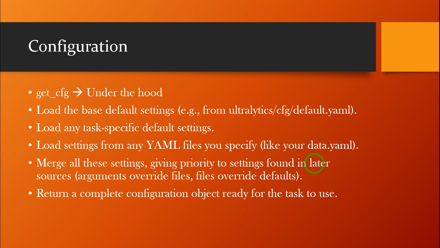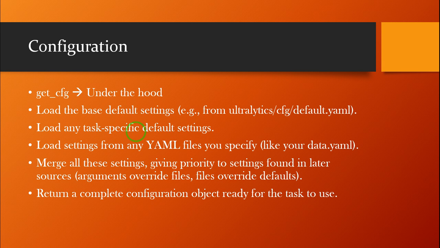So while you might not call it directly very often as a beginner, the function that does the heavy lifting behind the scenes is get_cfg. This is an important function which works under the hood. It helps to load the base default settings, like from the ultralytics cfg default.yaml, and also the task-specific default settings for different tasks. Additionally, it loads settings from the YAML files that you specify, like your data.yaml, and merges all these settings,